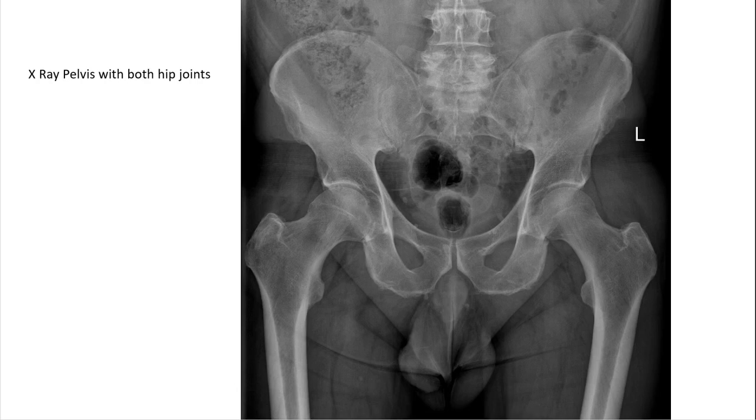Now, it is done in an antero-posterior configuration. That is, it is an AP view, and these views always tell us the direction of X-rays. AP view means the X-rays are entering the patient's body from the anterior side and exiting from the posterior side. So the source of X-rays is in front of the patient, and the sensor of the X-rays, or the photographic film, which is used rarely now, is immediately behind the patient. So this is a plain X-ray of the pelvis with both hip joints showing the AP view.